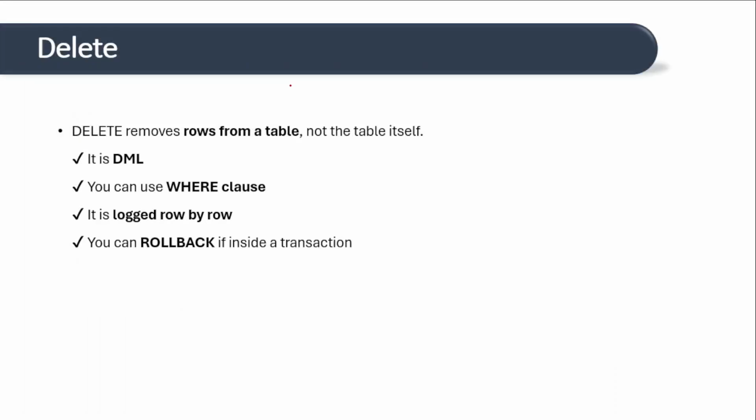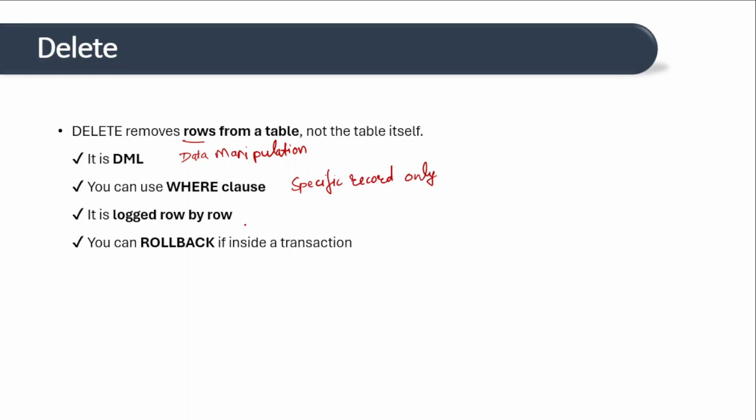Delete is used to remove specific rows from a table and it does not delete the table structure. It is a DML command, that is data manipulation language command, which works at the row level. It means it processes all the data row by row. Next, you can use a where clause with the delete statement to delete the required records only or a specific